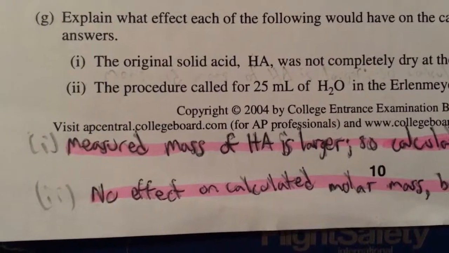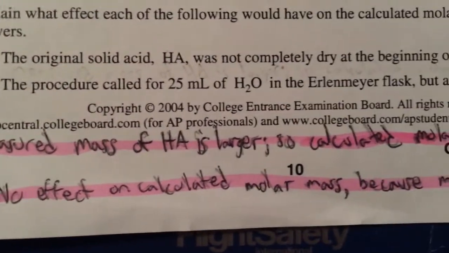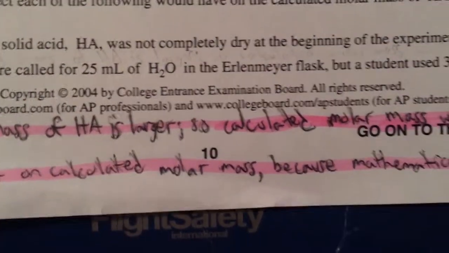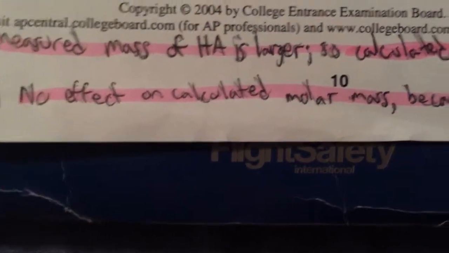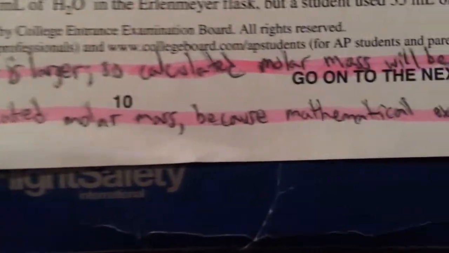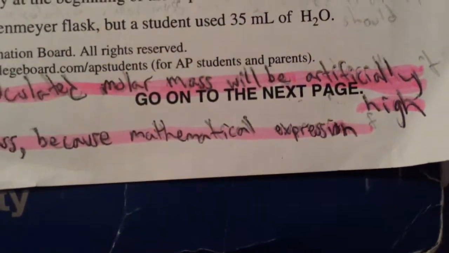And then number 2, the procedure called for 25 milliliters of H2O in the Erlenmeyer flask, but a student used 35 milliliters of H2O instead. This would have no effect on the calculated molar mass because, due to the mathematical expression